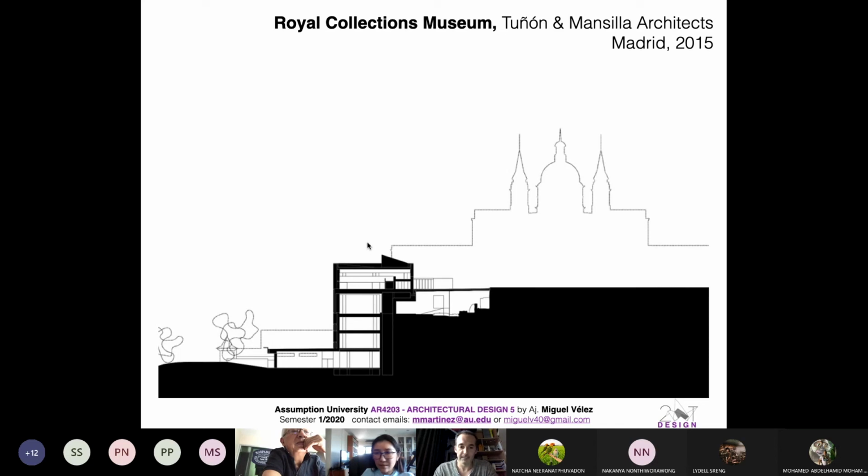So then the building is here. So I need to put one structure. I need to put the function, no? This is a museum, so I'm going to have this unique space that is very, very big, and I need to give it one aesthetic, no?